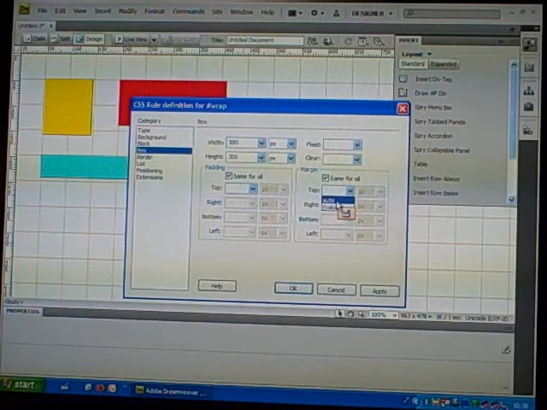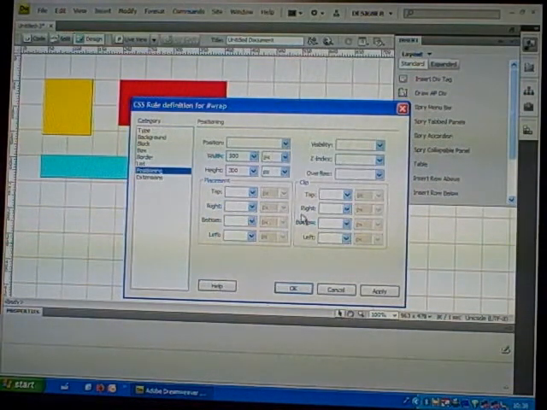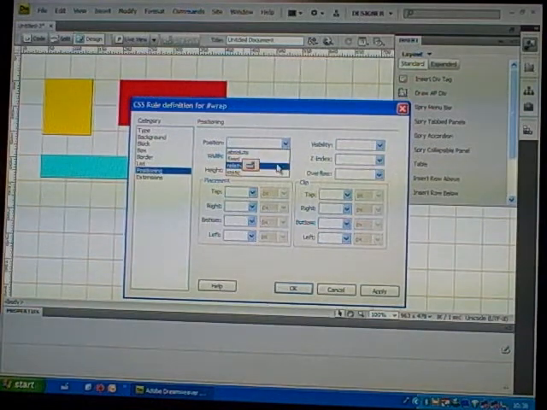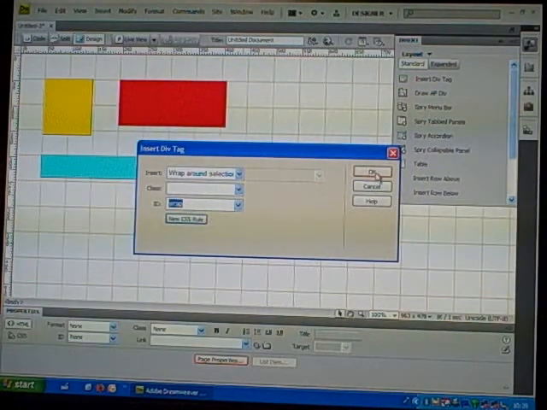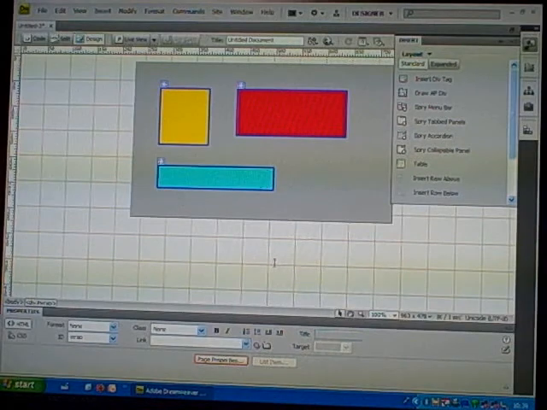I'm going to make the margins auto. That's the part of it that will make it center on the page. And in the positioning, I want the positioning to be relative. I press apply. And we can see that now all of these AP divs are grouped together within the wrap tag, within the wrap div. And if I preview this in the browser,